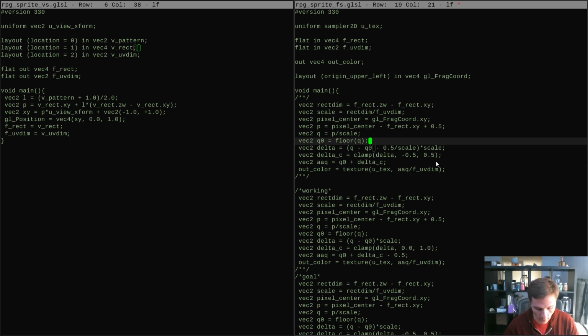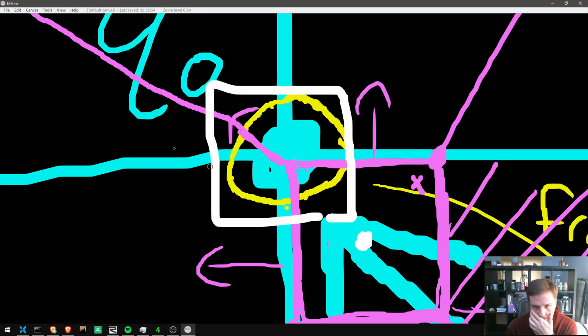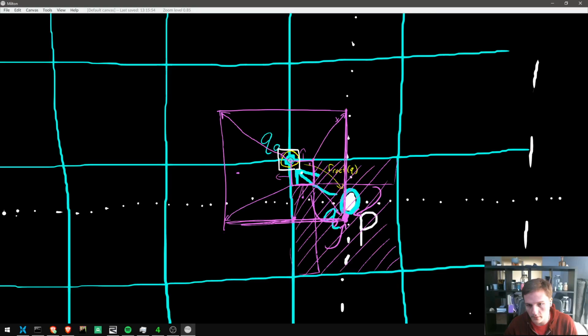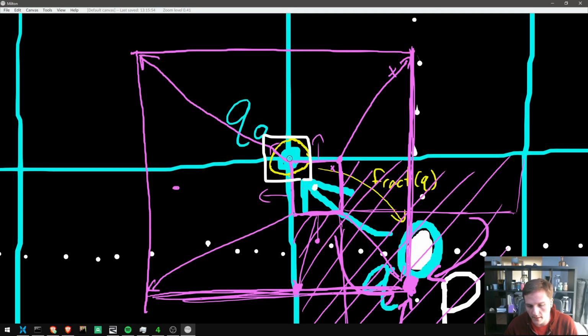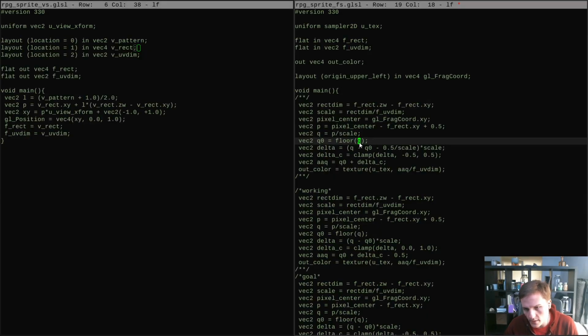Okay, so the point of this is to help with the rounding. This part works. So I can take a pixel center, and it is in fact going to map to that integer coordinate there. The issue is